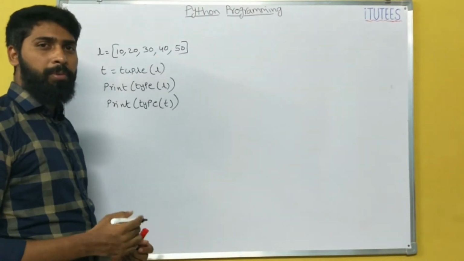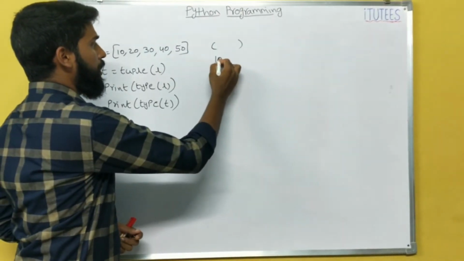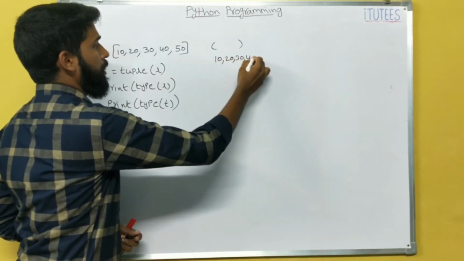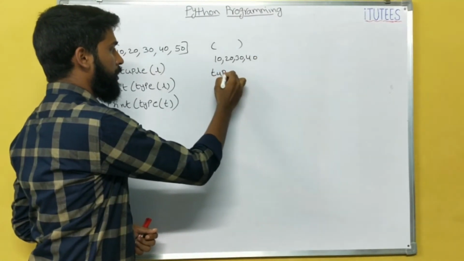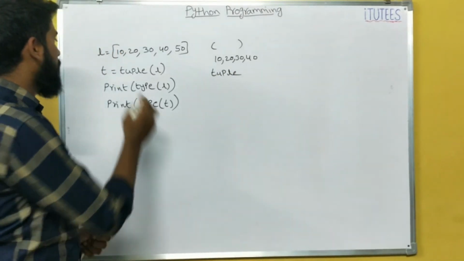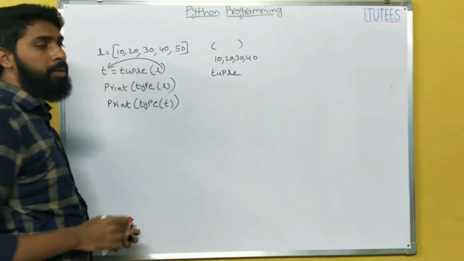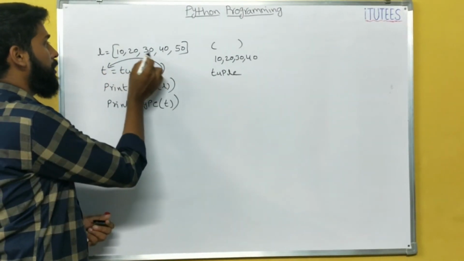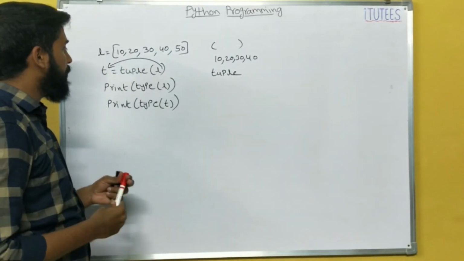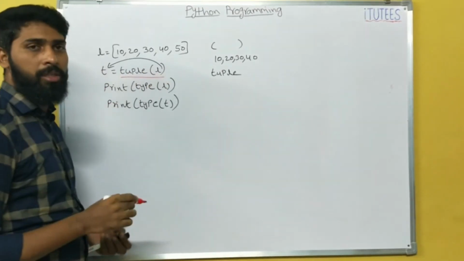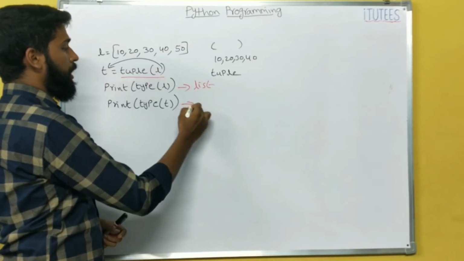So how can we create a tuple? By using the small brackets. Another way is that you can give the commas like this. There is another way to create a tuple, by using the tuple function. So this is the list L. Now we can convert the L into a tuple. That means here I am going to convert this list into a tuple by using this tuple function. Now you can check the type of the elements. It returns list and it returns tuple.